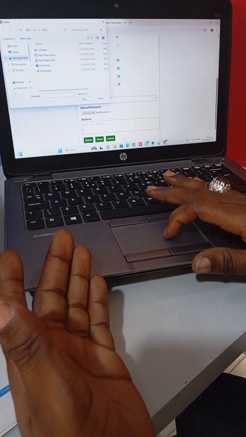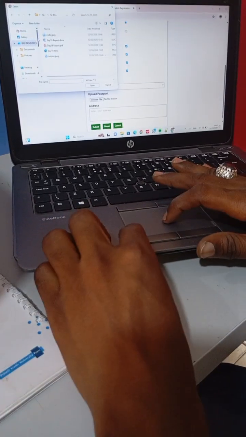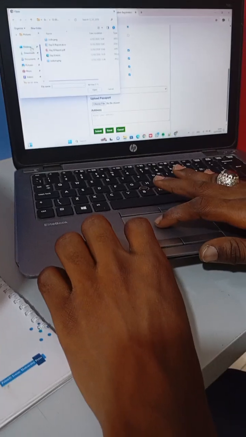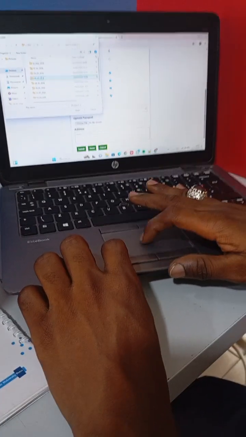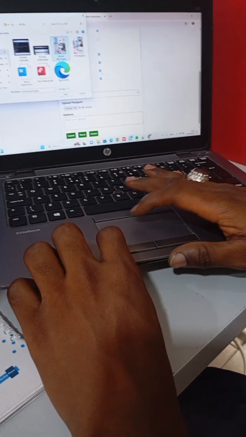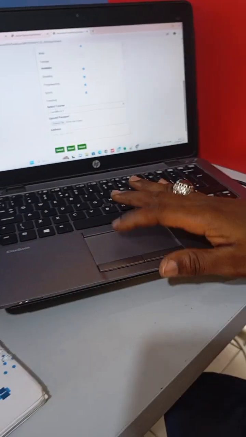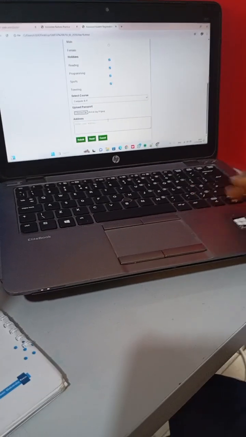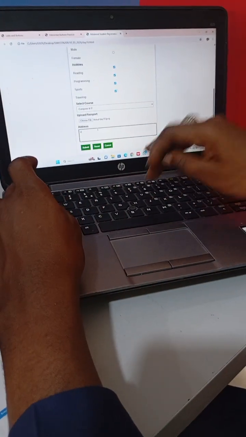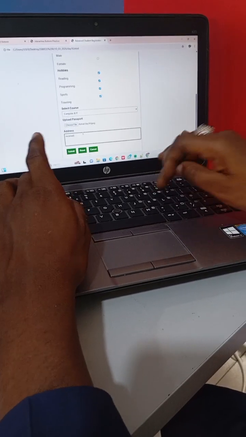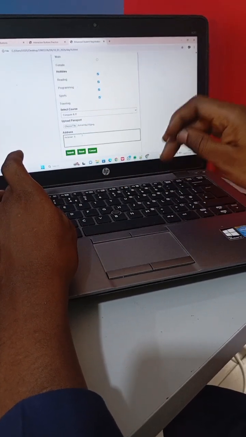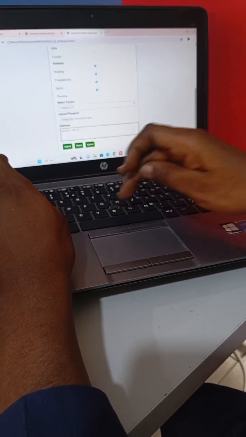I can upload my passport. For example, let me choose one of my training attendance pictures, and choose one like my arrival picture. I choose it. Then I can put my address, something of that nature, my house, Town B, for example.